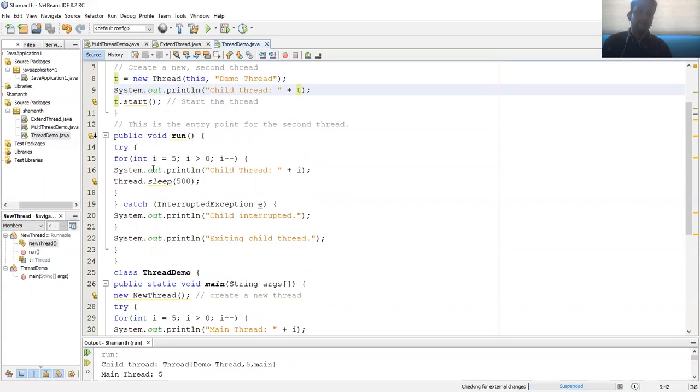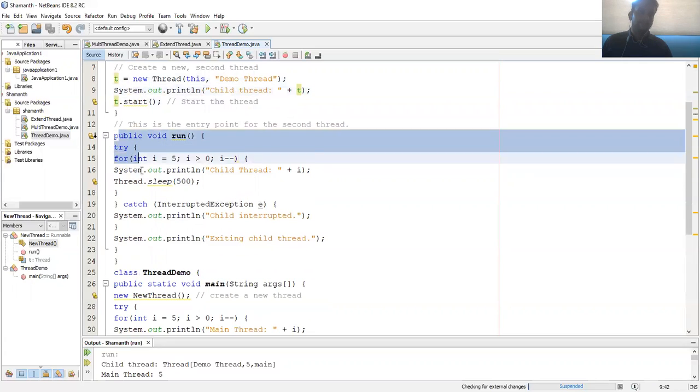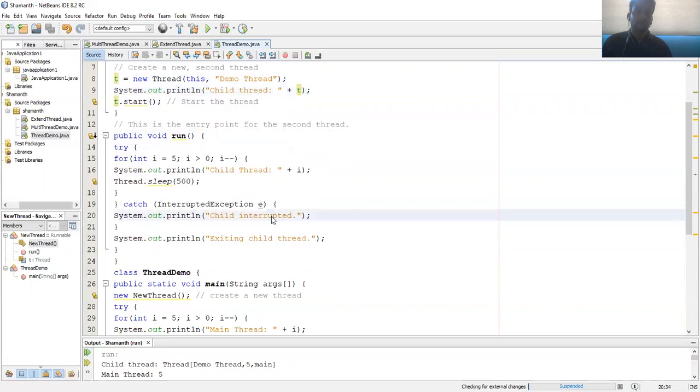Now where will the thread be? Actually, it will be inside the run method, over here. So what is this thread program all about? Inside this thread program, we are printing the numbers from 5 to 1, in descending order, in each iteration. Since in the run method we are creating a user defined thread, we give it the name child thread, and we are printing the i value. So each time it will say child value 5, child value 4, something like that.